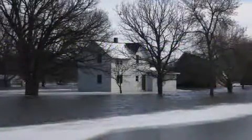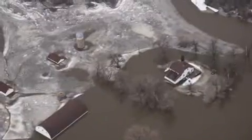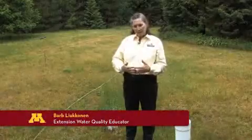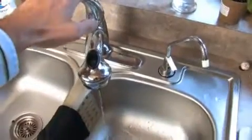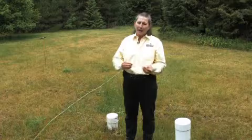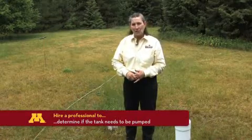If your well and your septic system have been flooded, you want to have them checked and then take action to make sure to protect your family's health. Your septic system does not function properly when it's flooded, so don't run water down any drains in your household during the flood. As soon as the floodwaters recede, hire a certified septic professional to come and assess your septic